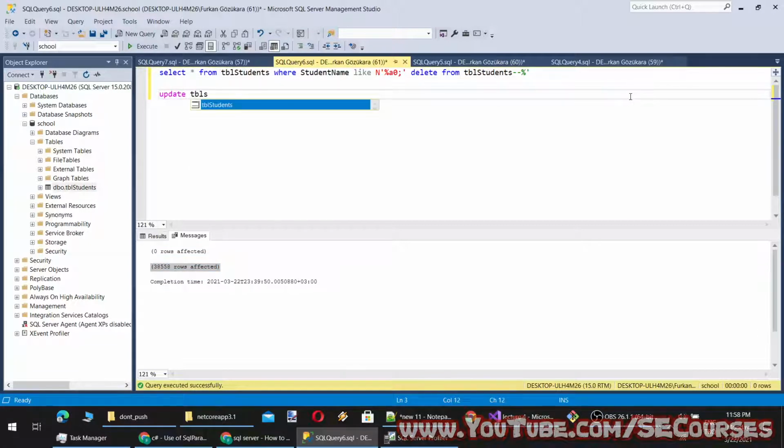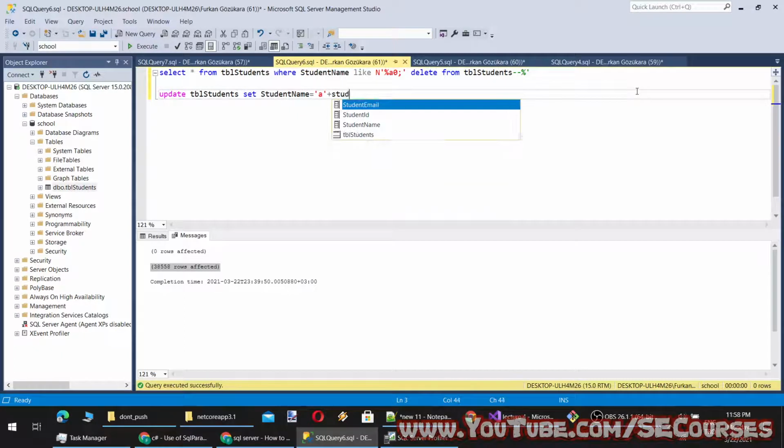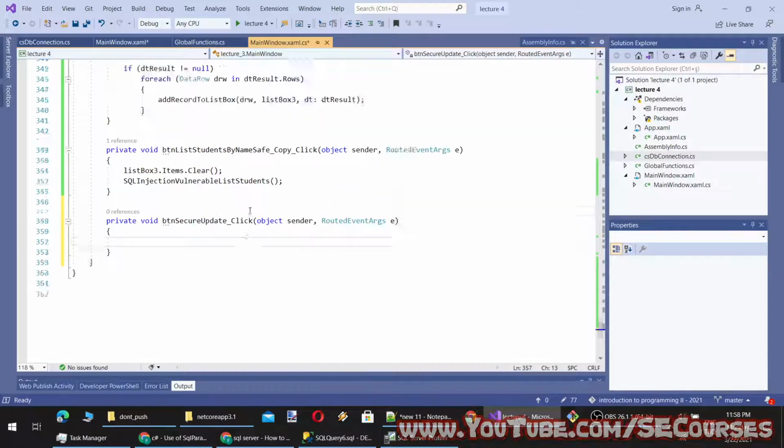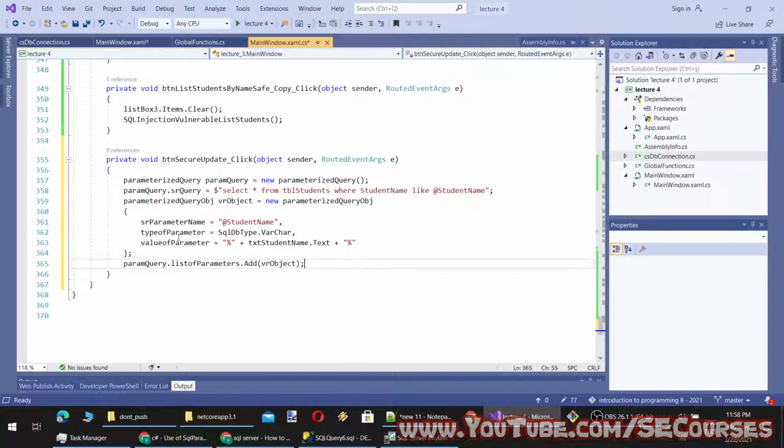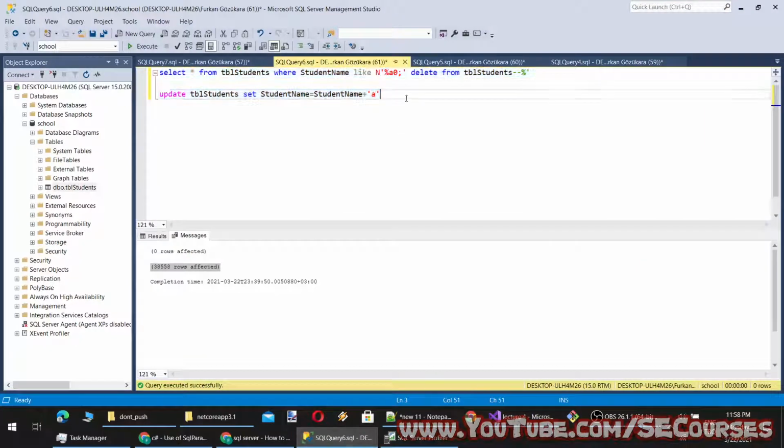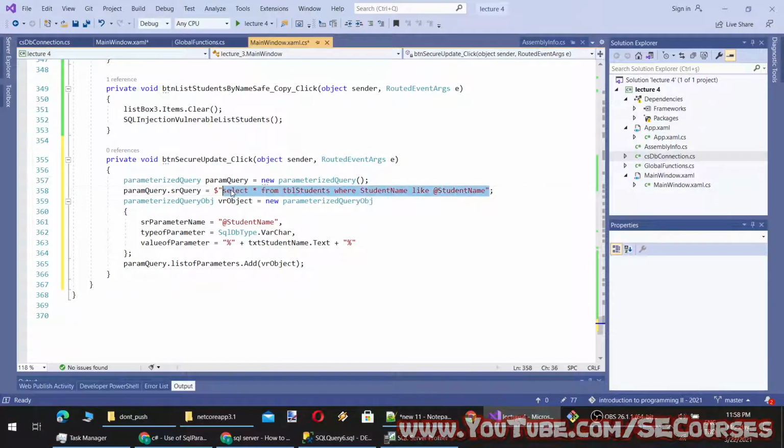So what this button is going to do is simply update all the student names, such as update TBL students, set student name equal to, let's say, a plus student name. We can also add a where clause, but I won't add it right now. Always make it something like this so we can append a where clause as well. So let's copy and paste this code. Parameterized query, here is the query.